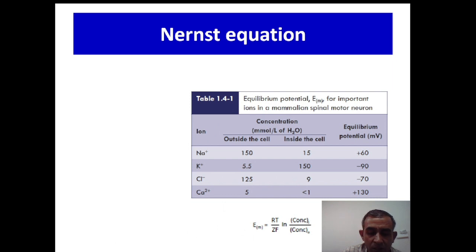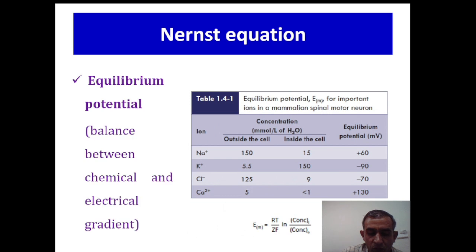The second one is the Nernst equation. The Nernst equation is also called the equilibrium potential. Which equilibrium? The balance between the chemical and electrical gradient. Okay, so